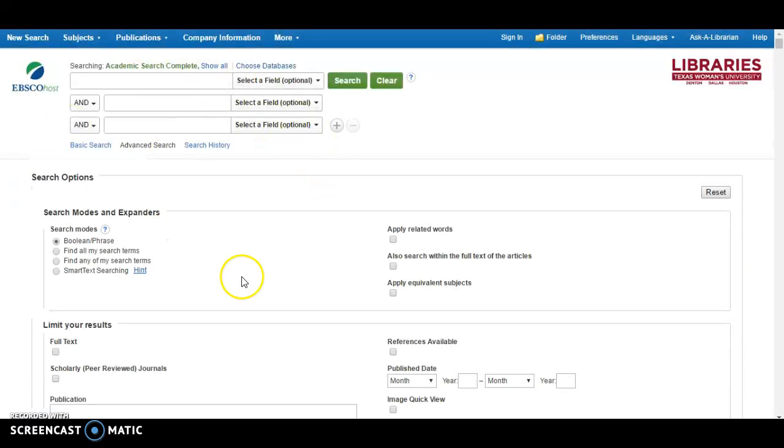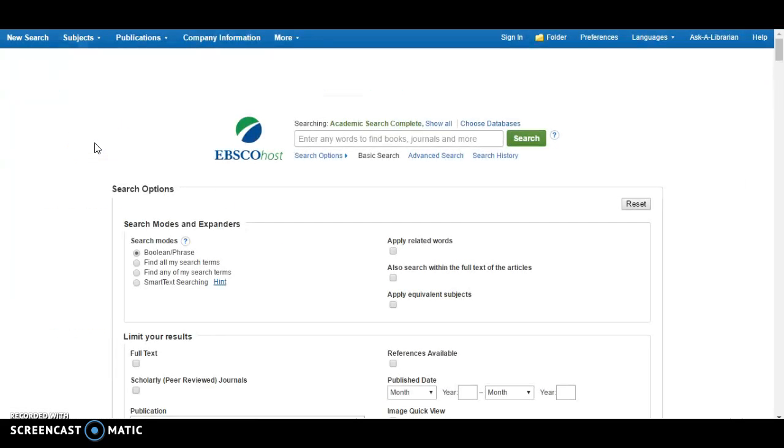We get here to EBSCOhost, and we have a basic search. We have the search history, and this is an advanced search. This one is a little bit less user-friendly, especially for high school students. I like to use a basic search simply because it mimics a Google search. So for instance, students can search, let's say, euthanasia,